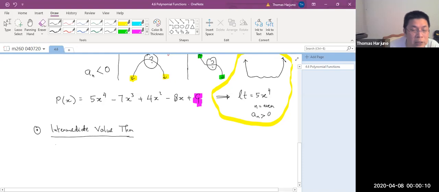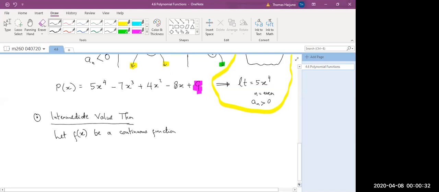So what it says: let f(x) be a continuous function, and notice that a polynomial is a